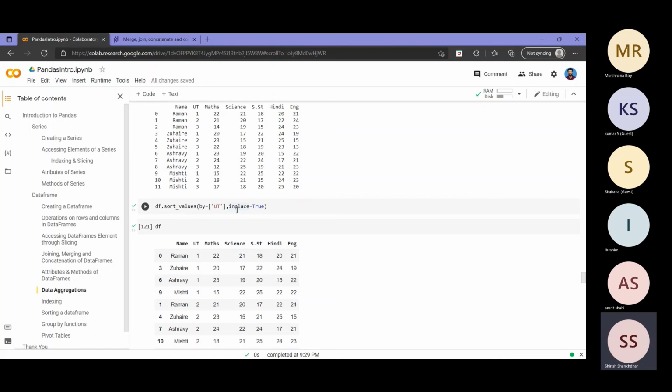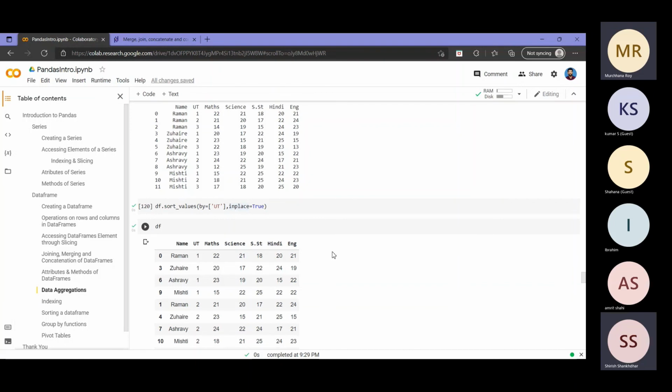One thing I skipped is using logical conditions between rows, columns, and all. That is pretty straightforward considering what we did in Python, so I didn't cover that. You can go through our material. If you have some doubts, we can clear them in further sessions.